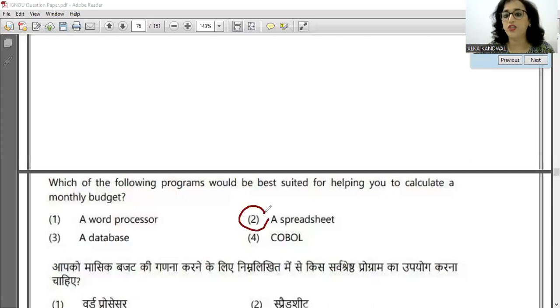तो हमारा स्प्रेडशीट इसके लिए बेस्ट होगा, जिसमें हमारे लिए कैलकुलेशंस करने के लिए भी इजी होता है. And you know the Excel worksheet, right? And it consists of various cells. And there was a question in the other question paper I was observing. उसमें आया था कि each formula in the spreadsheet starts with a dash symbol. It starts with the equal to symbol.